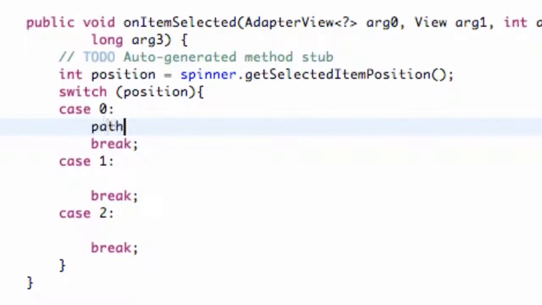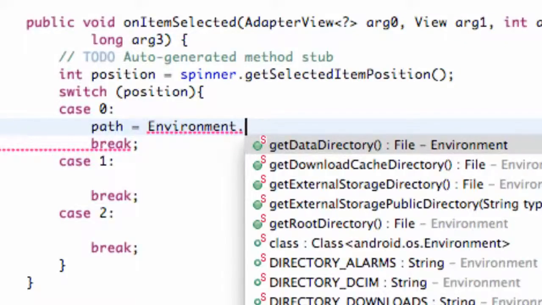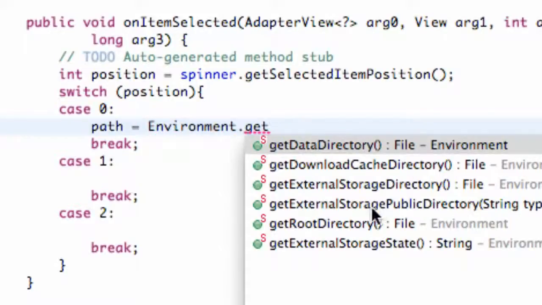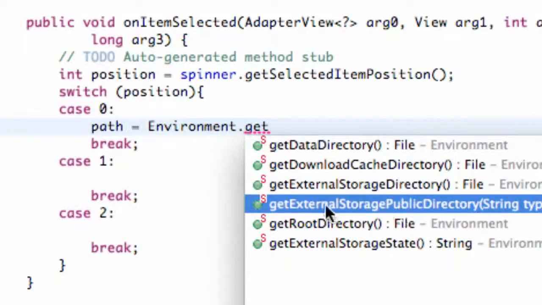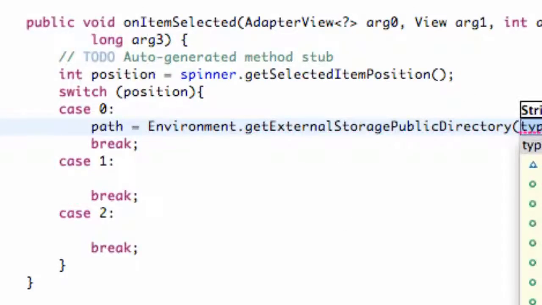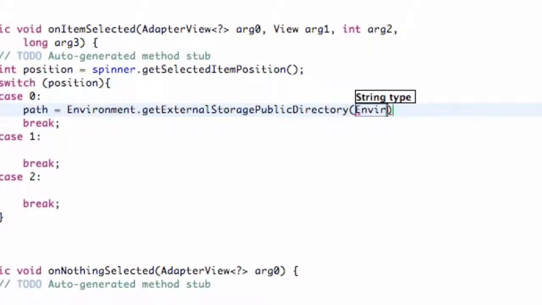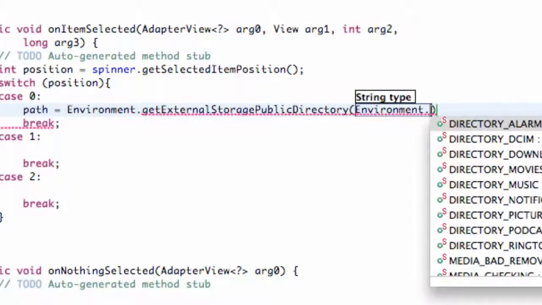How we do that is we just say path equals environment, because we're going to refer to the environment and get the standard directories, such as music directory, where people save their pictures, all that good stuff. So we're going to say environment get external storage public directory, because when we save, we're just going to save a picture to one of these directories. We want it to be public so they can access it without even using our application, because again we're saving it externally and publicly. And then within here, we're going to refer to our environment as well and say dot directory,